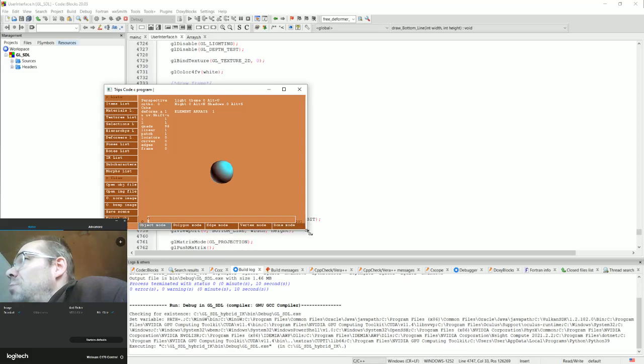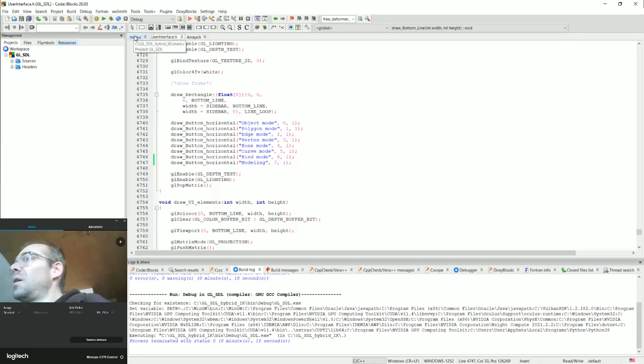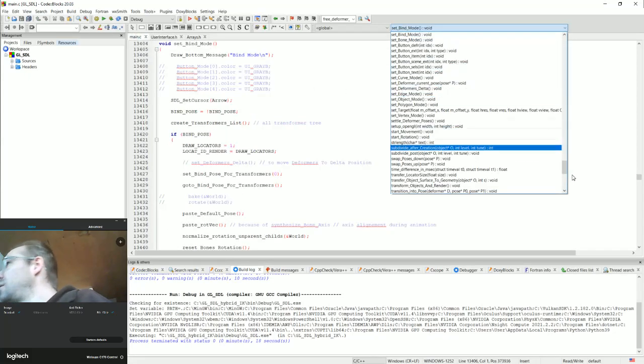We expand this view here. We see nothing. The bind mode ends and subdivide after creation. This is the message, and this is some other function that we see there, and we search for this function that does this. And this happens here in main C, and we see